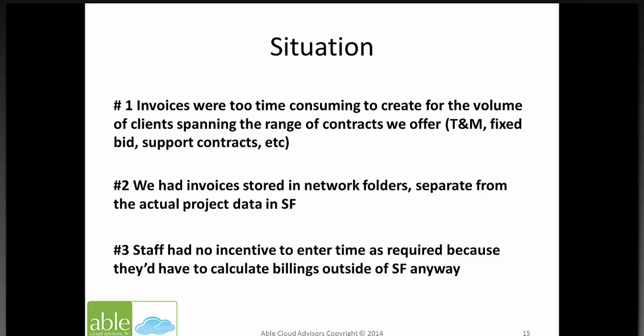Then I was storing the invoices on network folders, and I wasn't keeping everything together. Yet I'm living the life that I tell my clients to live, which is, make the CRM system do all that it can. We're paying an unworldly amount for our Salesforce.com licenses. We ought to be making this system do as much as possible. And Conga helps me do that now,